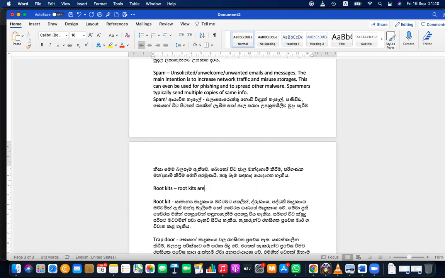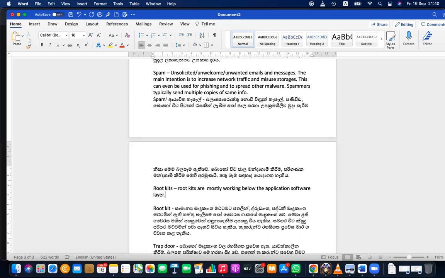Rootkits are mostly working below the application software layer. It will also work below or same level as system software.